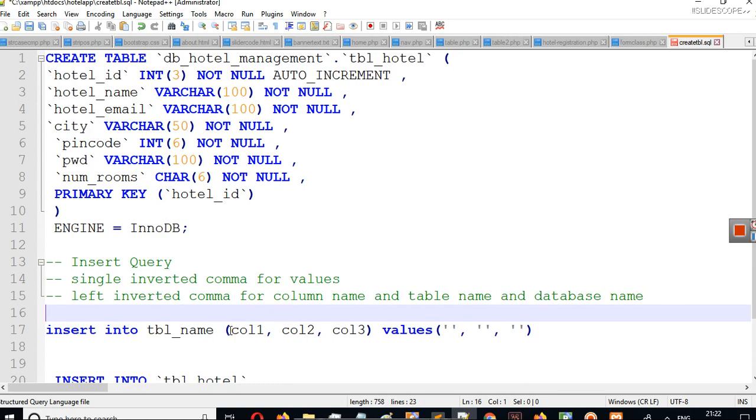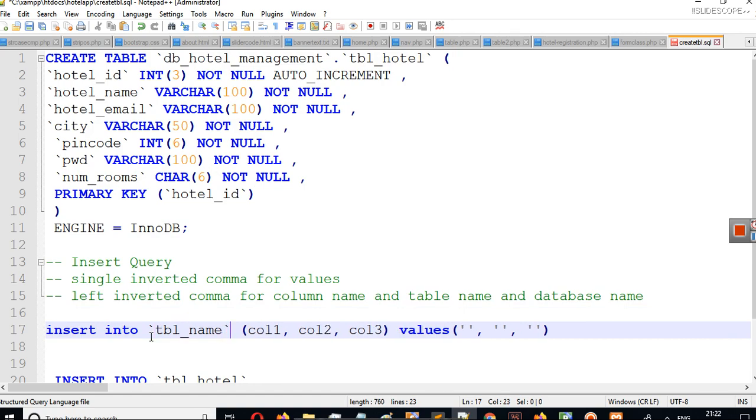So we have to write something like insert into, this left inverted comma. There are various names for this left inverted comma, so you can call it anything. I'm calling it left inverted comma. This particular inverted comma is just below the escape key with the tilde sign.